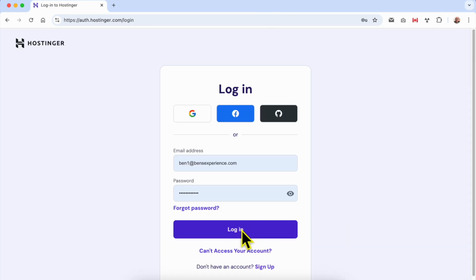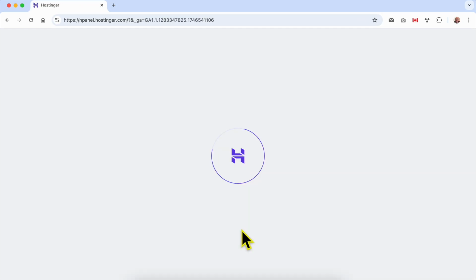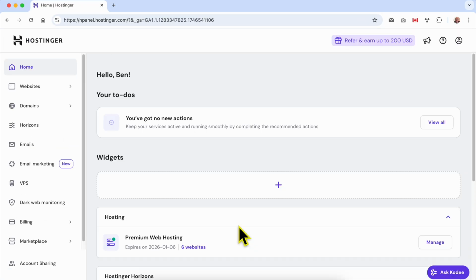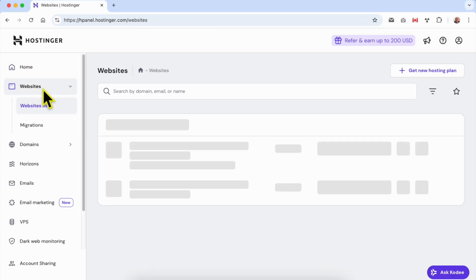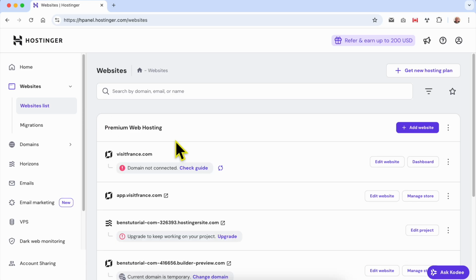Log into your Hostinger account. Then go to websites. And next to the website you want to delete from Hostinger AI website builder, just click on these three dots and select delete. But before that, one thing I recommend you to do is to make a copy or a